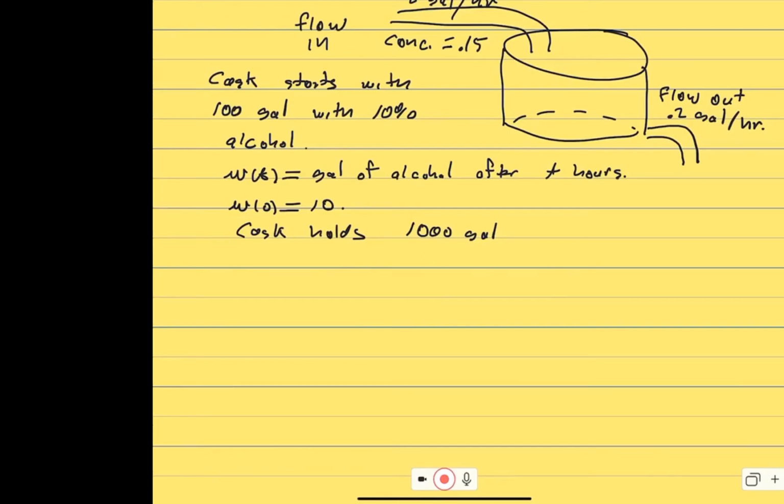Right, here we have a slightly more complicated flow problem. We have a cask that holds 1,000 gallons when full. It starts with 100 gallons of wine, which is 10% alcohol by volume, so 10 gallons of alcohol. And we start to feed in new wine at 2 gallons per hour, and somebody starts to, at the same time, flow out at 2/10 of a gallon per hour, assuming everything's well